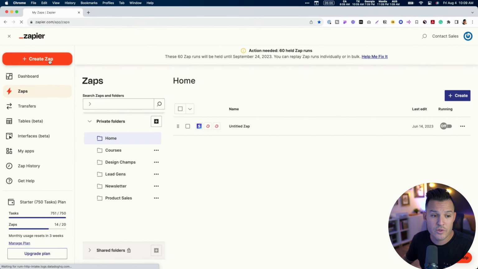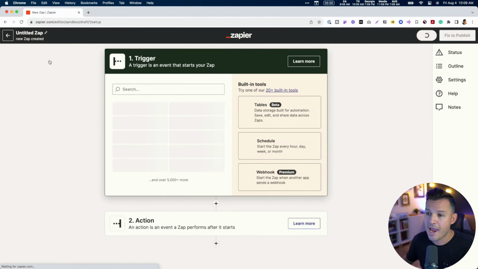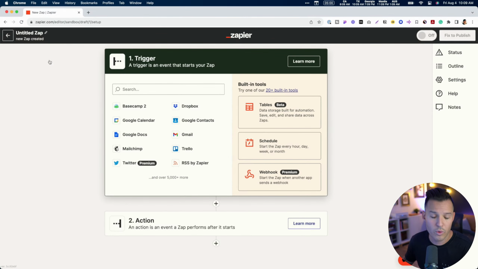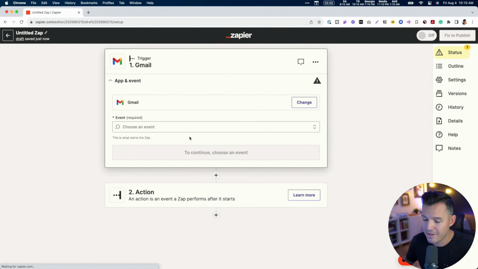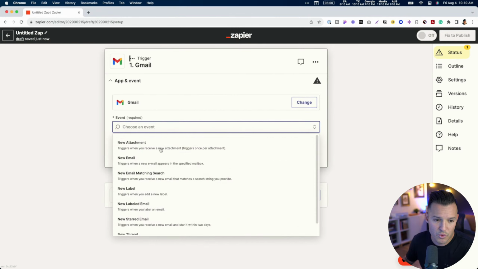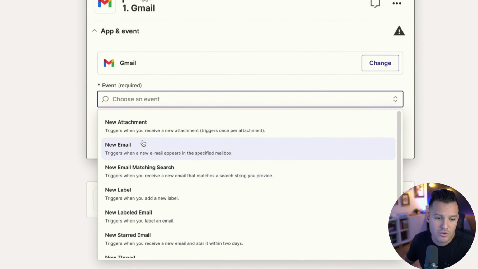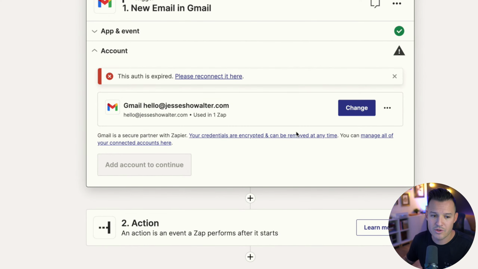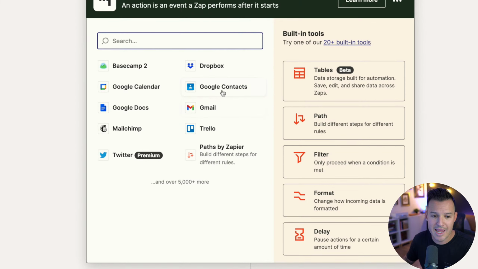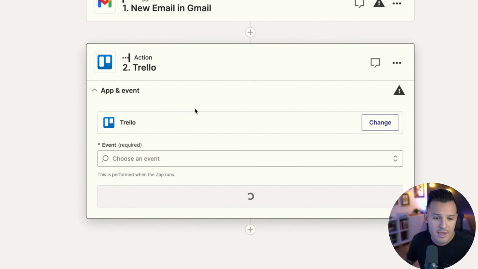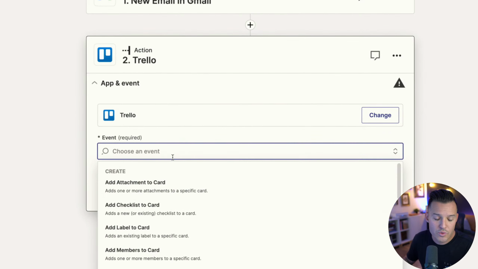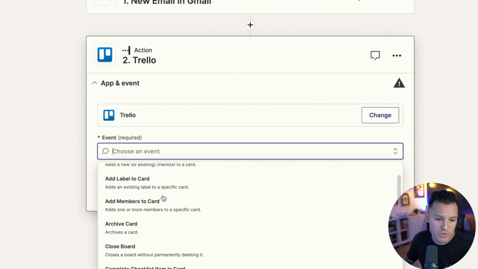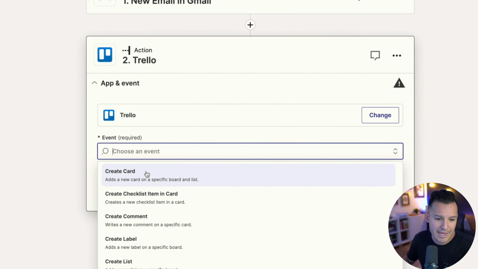Okay, cool. So you can create a new Zap, come up here. This is how this works. And you're basically going to look for whatever it is that you're doing. Maybe, let's say when somebody emails you in Gmail, you would connect your account, you would choose the event. Hey, when I get a new email, and that email, again, we'd want to connect our accounts. Then what we want to do is connect it to, let's say, Trello. Okay, so we're going to say, hey, Trello, from that email, we want you to create a card